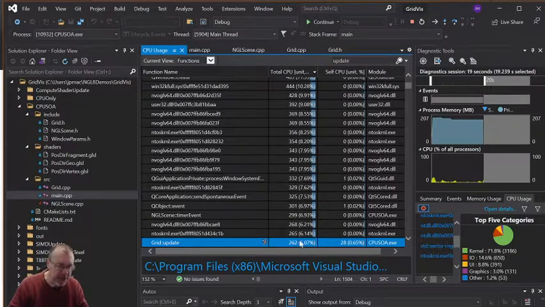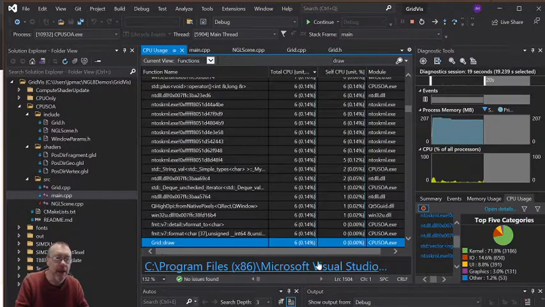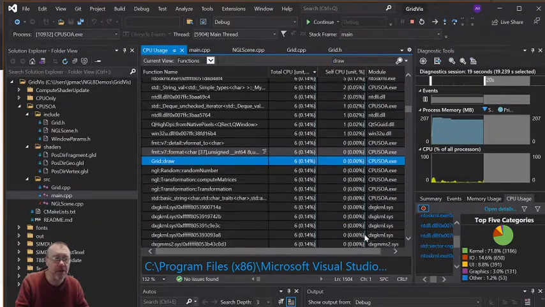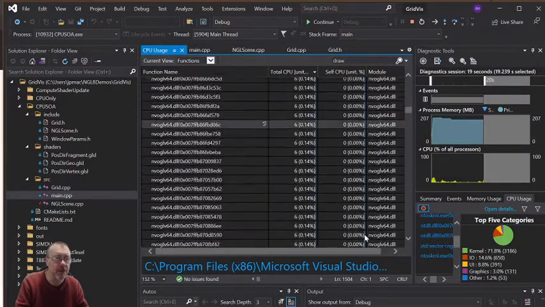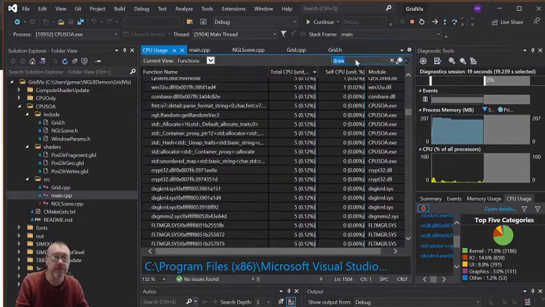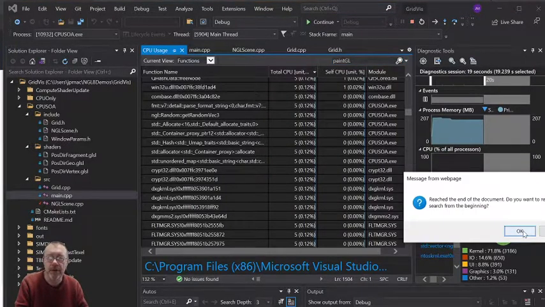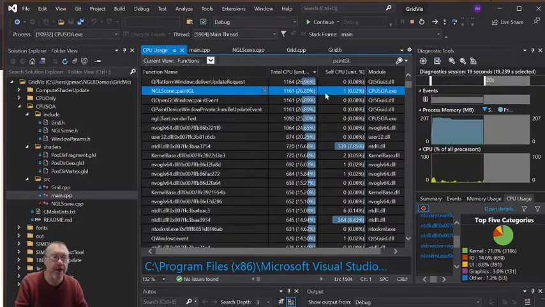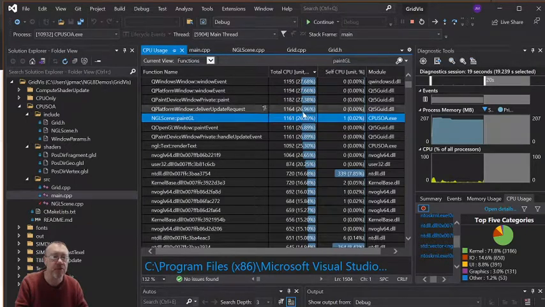It's 6% of the overall sort of time, so it's not doing much at the moment. But if we look at grid draw, 0%. Why is that not giving me too much? Look, reach the end of the document. Yes, there we go. So PaintGL, we can see, is a pretty hot path through all of our code here,